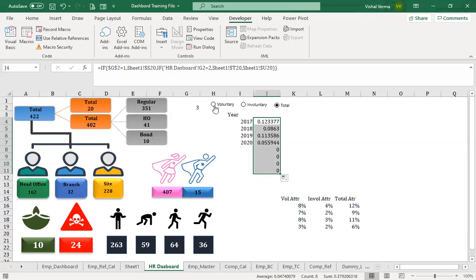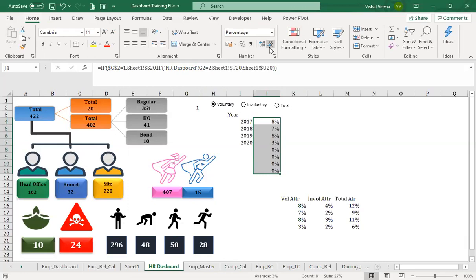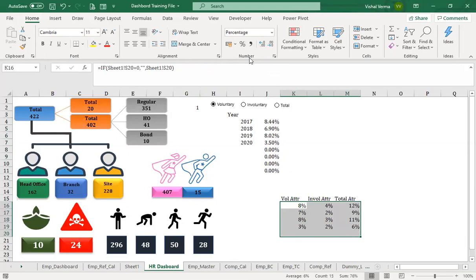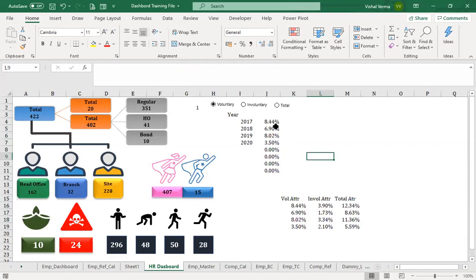Okay, so if we have got the voluntary, we can now just convert it into percentage with 2 decimal places. We have kept this here to see whether we are getting the right data or not. Okay, so voluntary 8.44, 8.44, 6.90, 6.90, 8.02, 3.05, and then we have got the blank. Okay, so we can again add here that